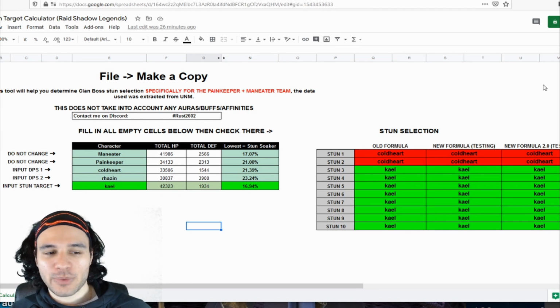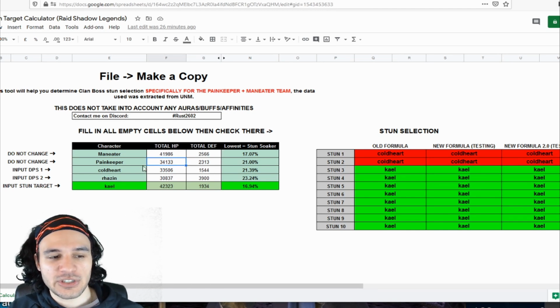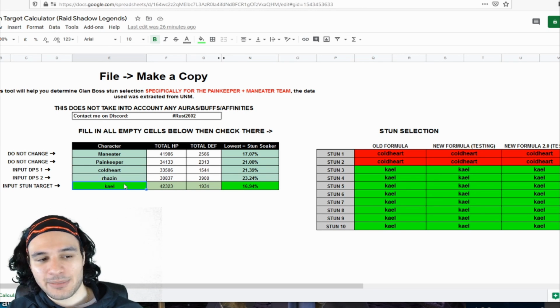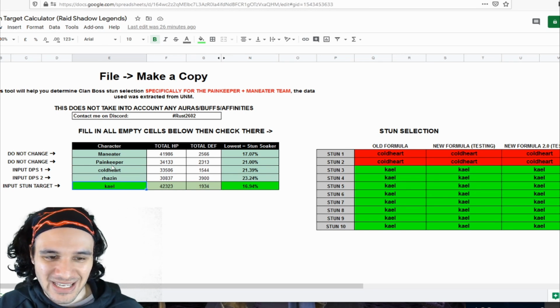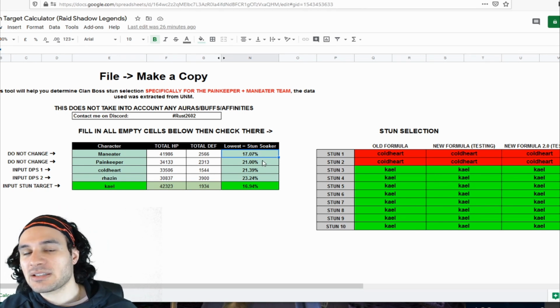So this is how easy it is. You type in the total HP, the total defense for all of the champions. The only ones that come stock are Man-Eater and Painkeeper. The rest you're going to have to type the names, which is why I didn't capitalize them, so you could see that clearly. Now if you look into the third column here, it gives you the percentage chance of this